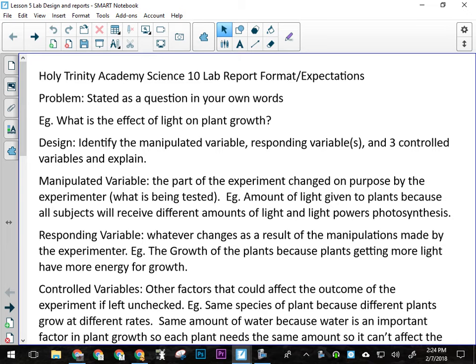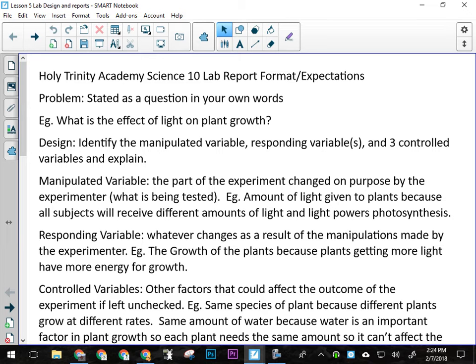Because after talking to our junior high counterparts, lab reports is not something that was heavily emphasized in junior high. They are very heavily emphasized in high school. Okay, so it is very important that you follow along today. Make a few notes on that sheet I just gave you about what you need to do for each section